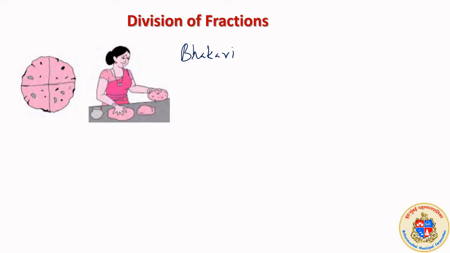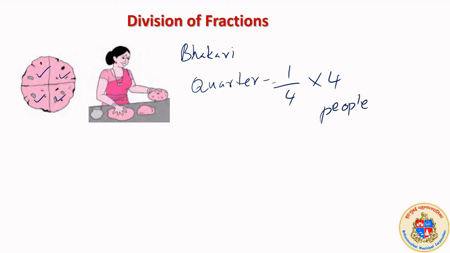Now the thing over here is it is divided into 4 equal parts or 4 quarters. You know what is quarter? 1 upon 4, 1 divided 4 times. The whole is divided, and out of that 1 is called 1 upon 4. How many people can have this? 4 people can eat this, right? That means when 4 people eat 1 upon 4 of bakri, the total 1 bakri will get over. क्यों? 1 upon 4 into 4 is equal to 1. अभी देखा था.